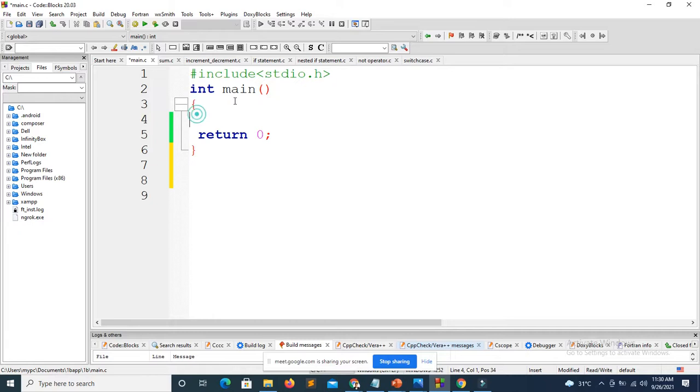Sa kaning function, kaning int main is our main function. Okay? Now, if we're going to create another function, you need to create void and then the function name. For example, ako ibutang function 1. And then, parentheses and the curly braces. Okay? Alright, so